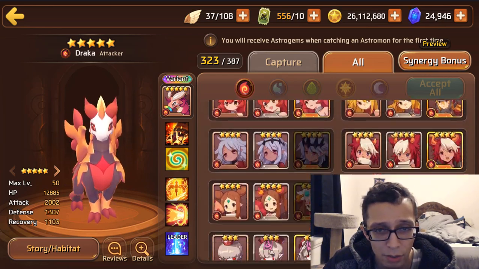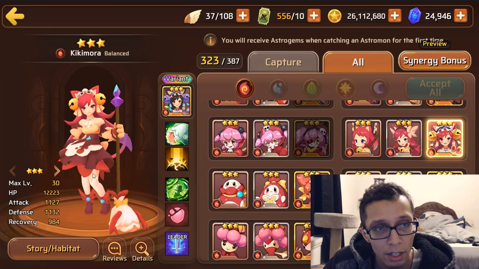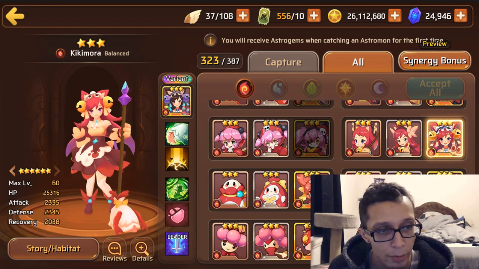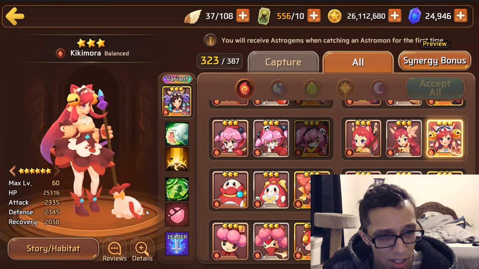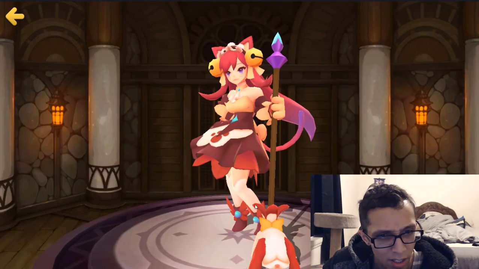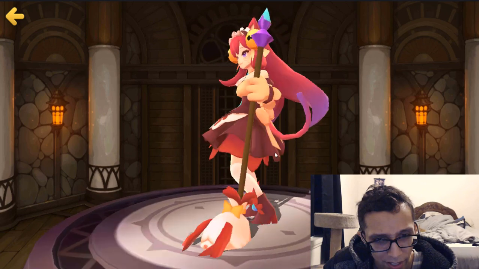But let's go over here to the last one, which is the Fire Kiki. Alright, so Fire Kiki is balance type, coming in with 25k HP, 2.3k attack, and then 2.3k defense. This is more balanced. This is more up my alley. I never noticed that her broom is actually like a dog, which is actually kind of creepy. That's actually kind of creepy, my boys. It's like a dog with like ears and...